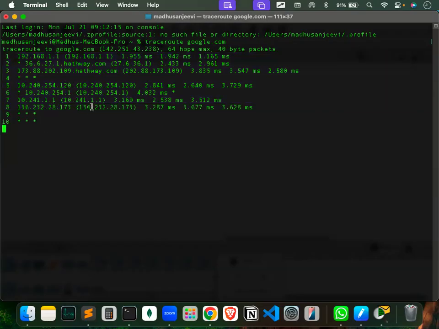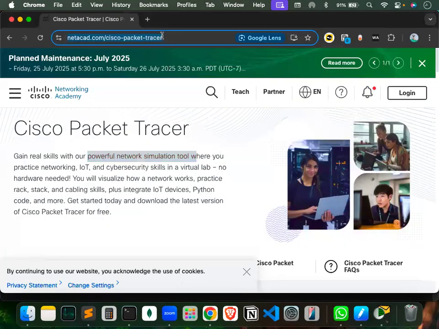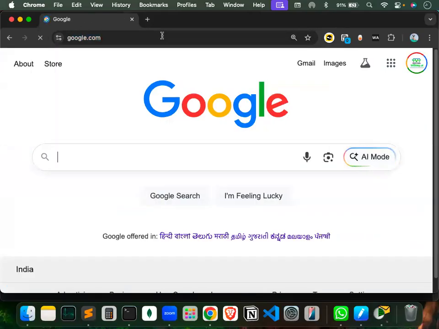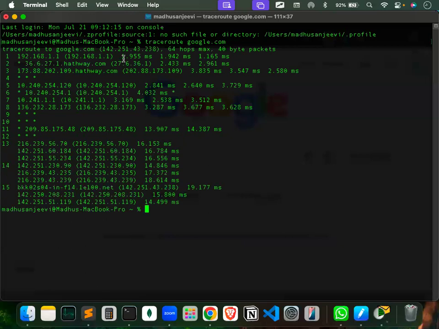It will still take some time. But in reality, of course, it works very fast. If you type google.com, it does the same, but very fast, like within seconds, the message reaches there and the response comes back, and I can see it. But slowly, if you zoom in, so this is final